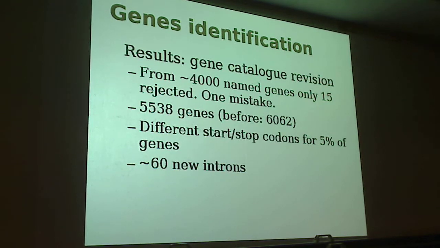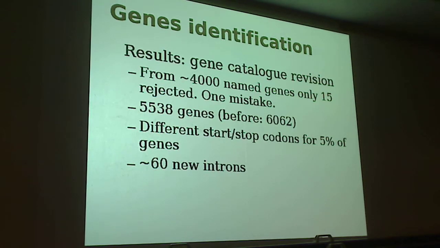You have an ATG, but it's not conserved. Here further down there is an ATG that is conserved across the 4. That is probably the start codon for the species. And they could correct, if you like, 5% of the genes in that. And they found, by doing this, a whole couple of new introns as well. Okay, so